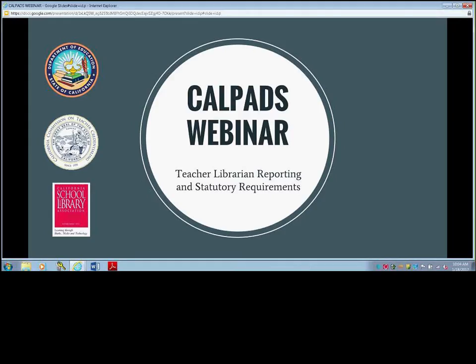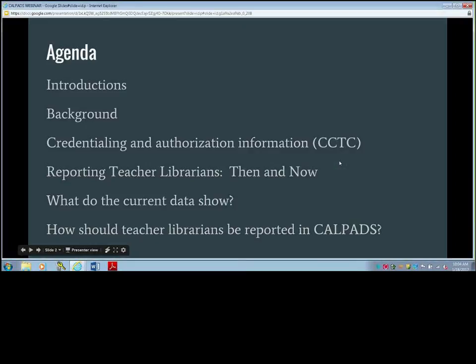And now, here's our agenda for the day. As advertised, this is a collaborative effort drawing upon experts from a variety of agencies, and I want to introduce our experts and the agenda item that they will be addressing. For the background, I will be partnering with Glenn Warren. He is the Encinitas Union School District Educational Services Director of Literacies, Outreach, and Libraries.